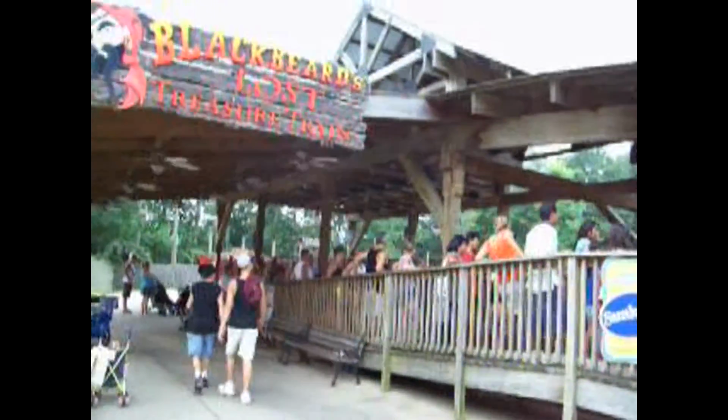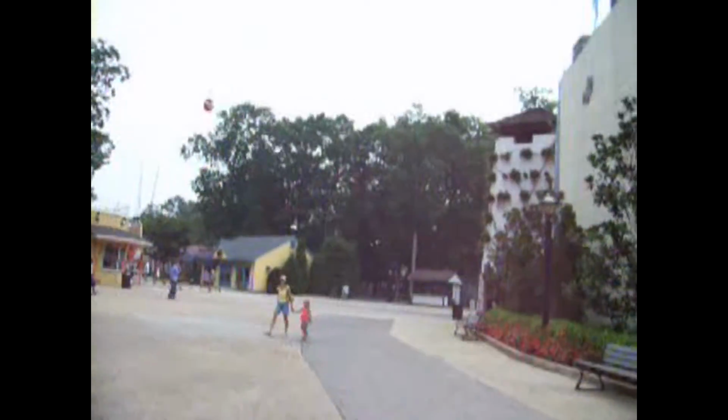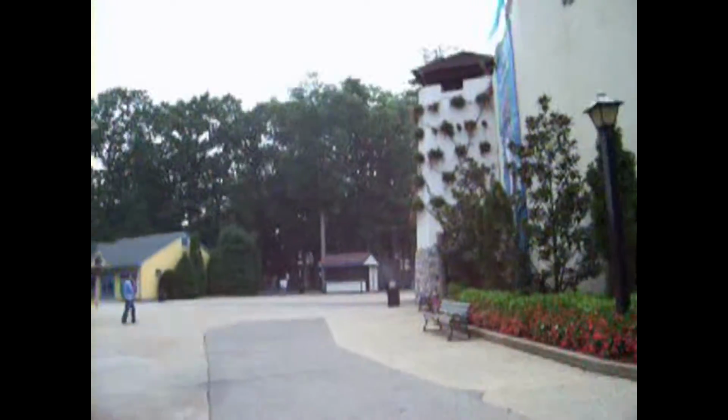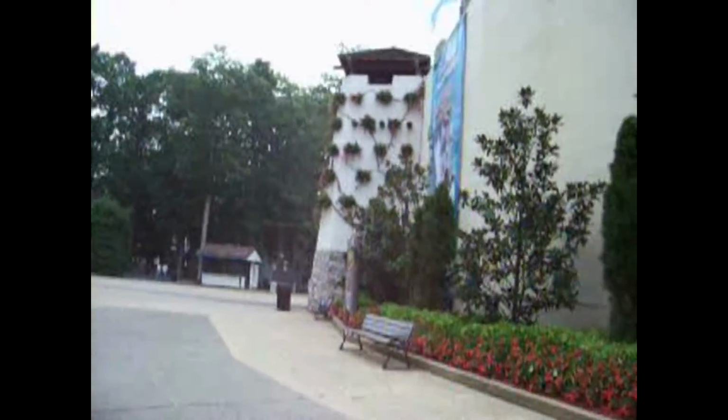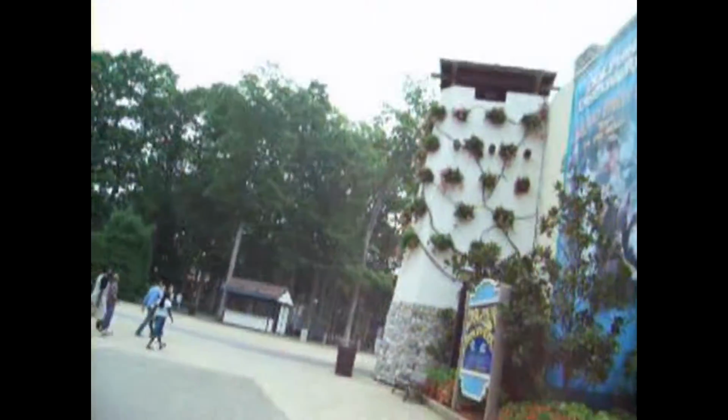Quite a line here for the Blackbeard treasure train. I wonder if those two guys were going in there. They seem a little big for the treasure train, but maybe they're credit whoring. I don't know. I myself have been on it, so I can't go and crack down on them, but it could be what they're doing. Didn't look like it, but